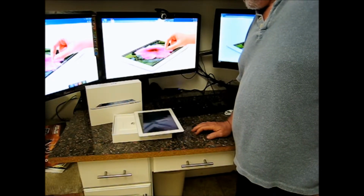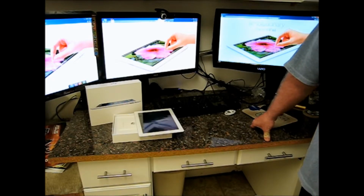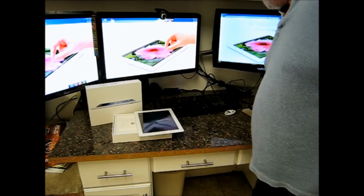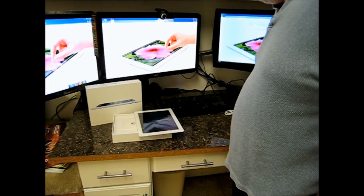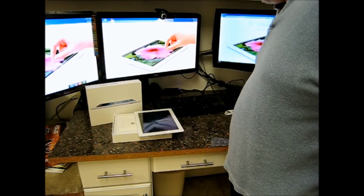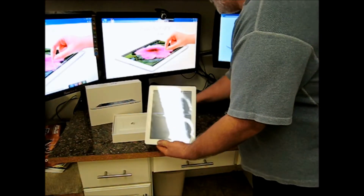Hit the power button there. It asked me if I wanted to continue restoring. Of course I said yes, so well, let's let it do its thing here. It says less than 1 minute. It's probably going to take longer than that though. Hard to see that, but